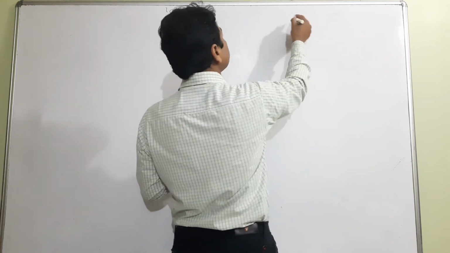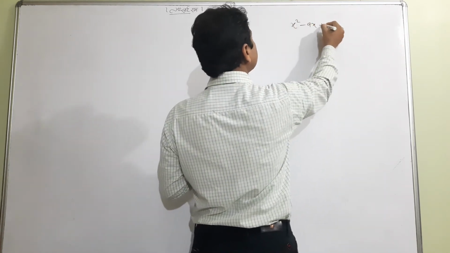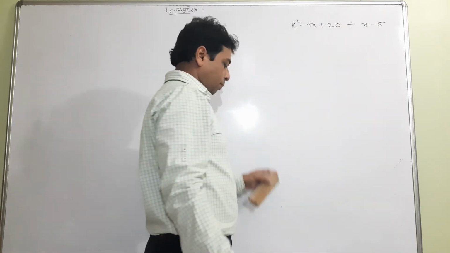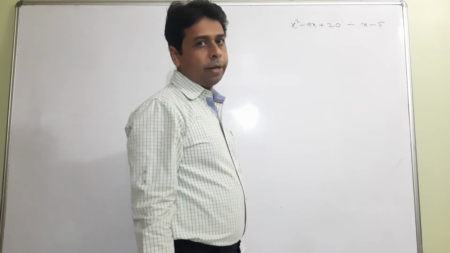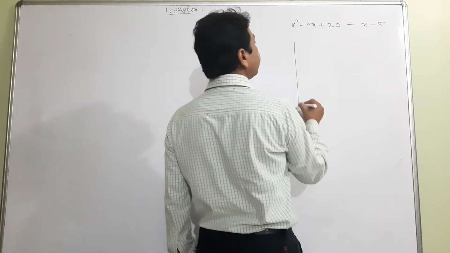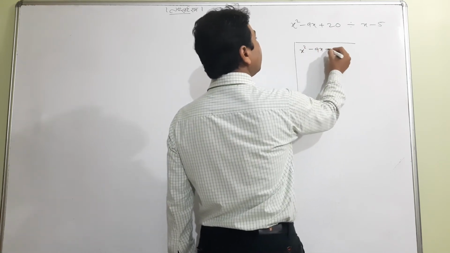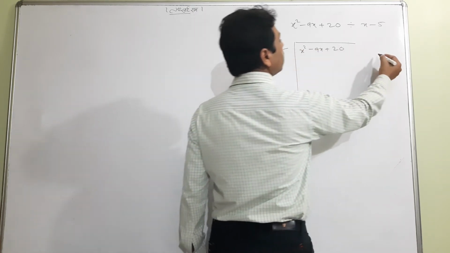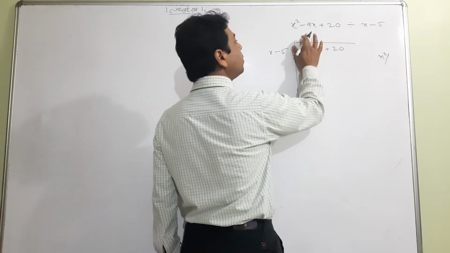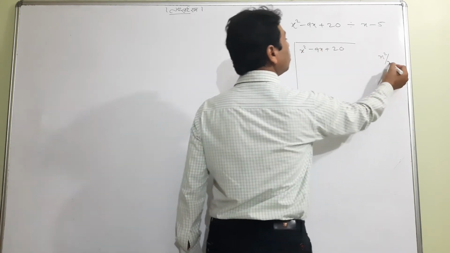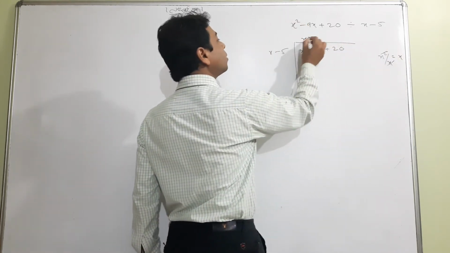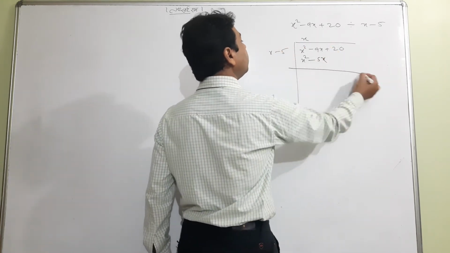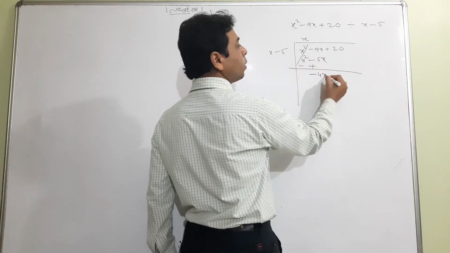Suppose the question is x square minus 9x plus 20 and you are told to divide by x minus 5. And what happens then? I'll tell you. It is an extra question and what I am trying to tell you, try to catch it. When this is divided by this, it is a short trick. What will you divide first? X square by x. What is the answer? X. Now multiply by x here, x into x square minus 5x. What is coming here? Cancel, minus 4x plus 20.